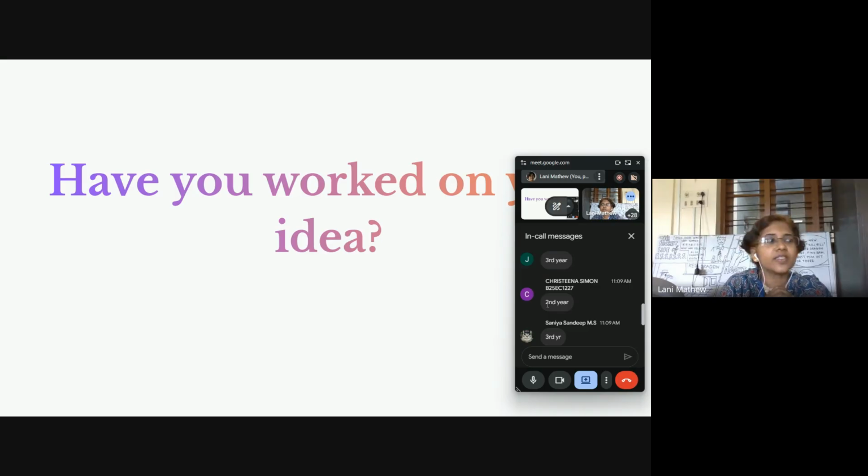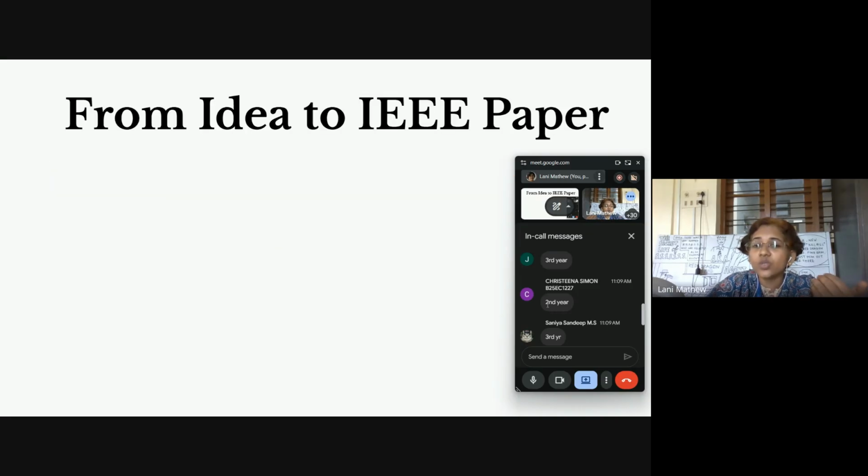Okay, so because we have second years, third years, and maybe fourth years also in this group, we have a varying level at which each of you will be working. Now suppose you will be working on your ideas. Then after that, or at the start itself, there is something that we have to think about. As Josh said in his introduction, we may all have wonderful ideas, and we may all also